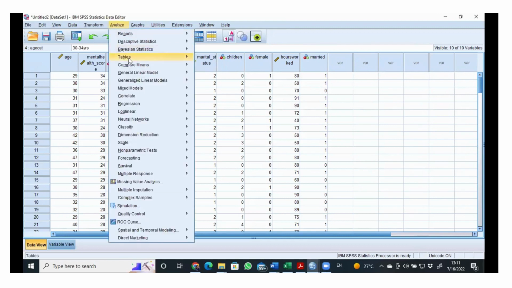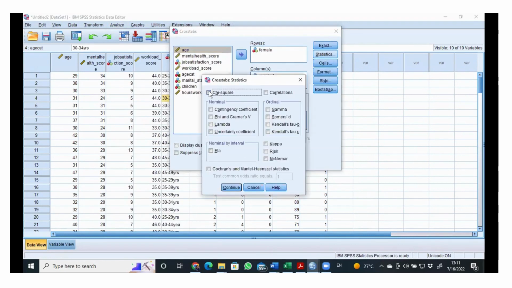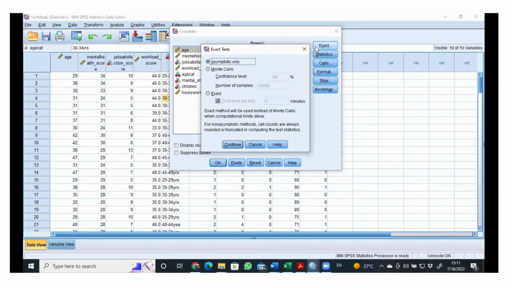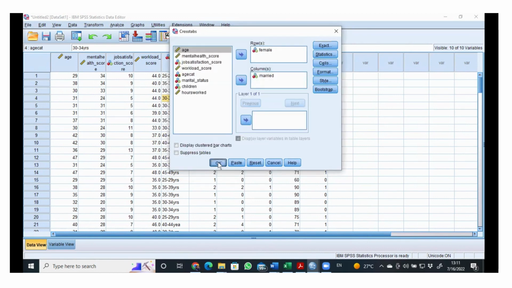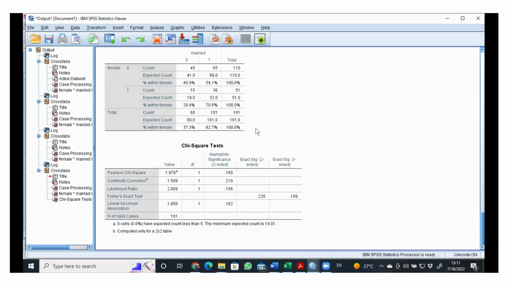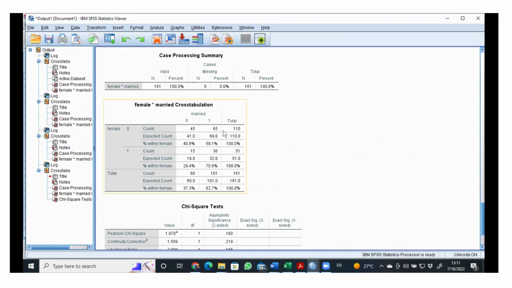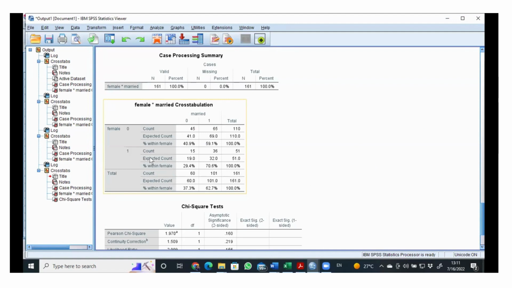Right. So analyze, descriptive, crosstabs. You have it all there. Statistics. We want our chi-square. Oh, sorry, not that. I need to untick this, and let me tick this. Expected. Someone had asked about that before, right? So let's see what's going to happen. So we have this again, and you can see that our table is a bit more complicated than before. We now have our expected value here, right? Can you see that expected count?